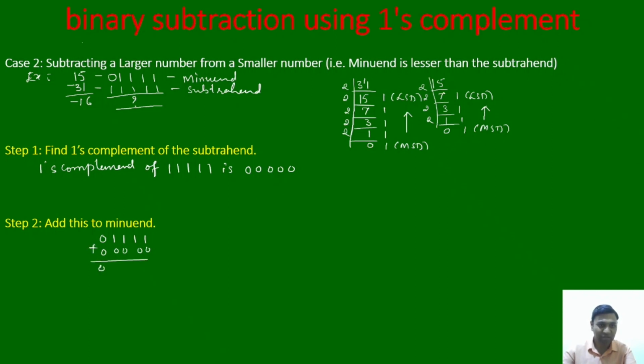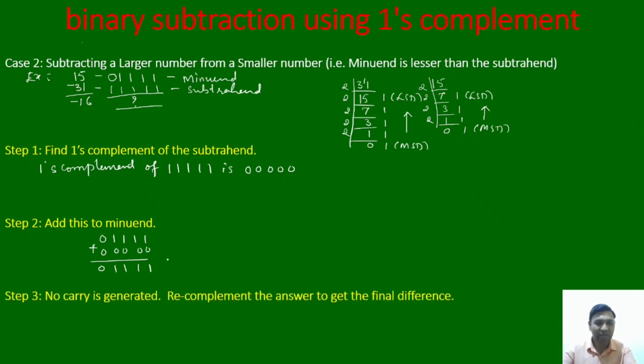So what you are going to get here is the same result, 0, 1, 1, 1, 1. Now no carry is generated, correct? Recomplement the answer to get the final difference. Here there is no carry, so we need to recomplement the answer. Means once again you need to convert binary digits from 0 to 1, 1 to 0. I'm going to write here 1's complement